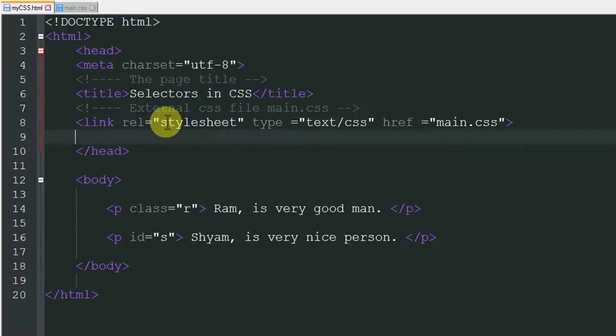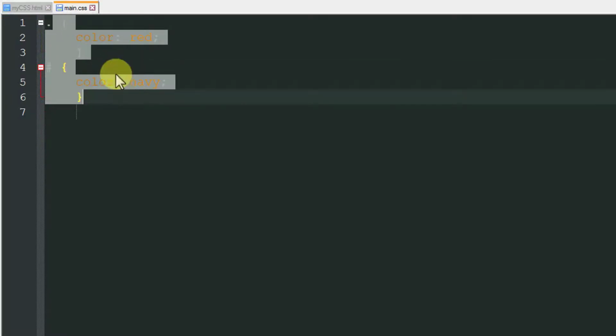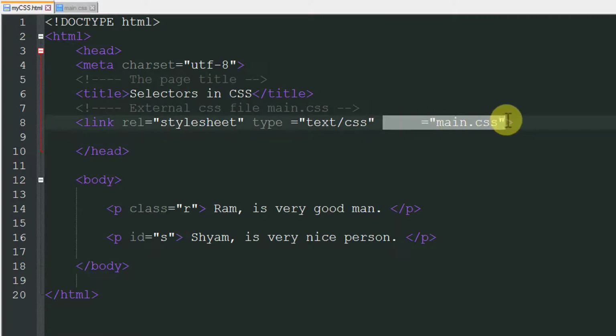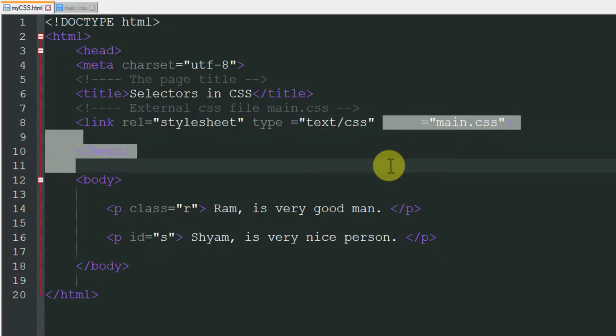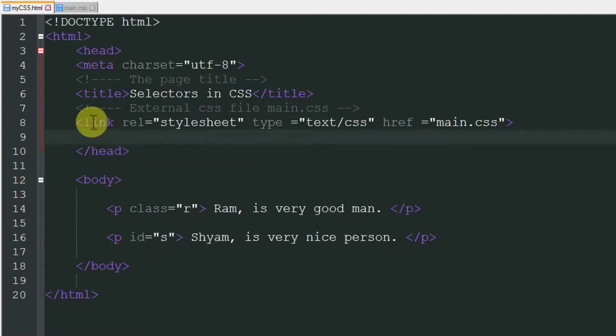So rel defines the relationship when we create the link to the CSS document, which is a stylesheet. Okay. Then type is text/css. Then href, we are linking to the main.css document, which we are creating after this HTML document.